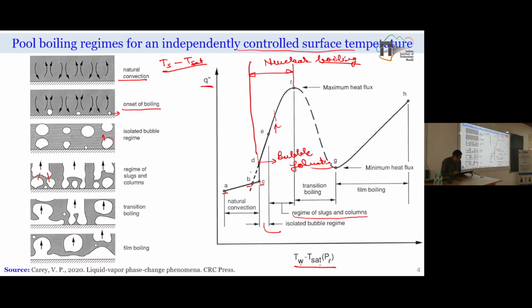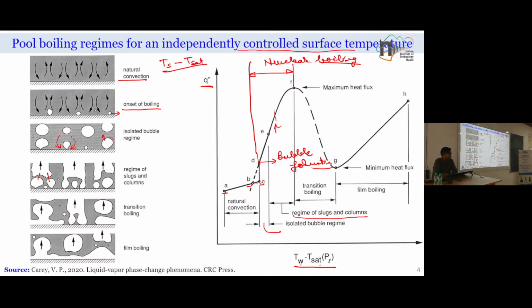One interesting point is that the jump from point C to point D occurs because whenever a bubble forms, because of the buoyancy force, it leaves the surface. Once the bubble leaves the surface, it re-wets the surface, because the liquid that was ahead in the path of the bubble now occupies its space. So that liquid re-wets the surface. Because of this, nucleate boiling has some additional heat transfer coefficient in addition to natural convection boiling,